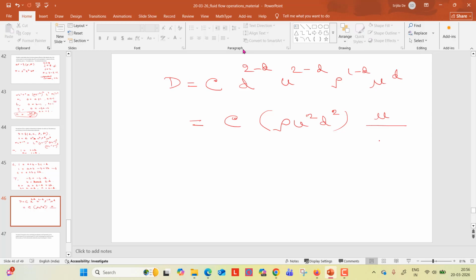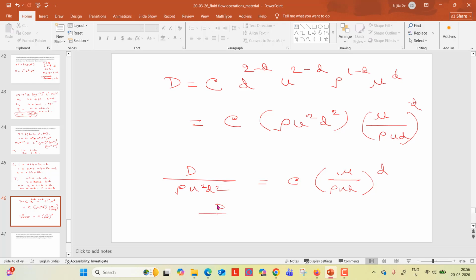All to the power D. So what is it coming? Drag force by rho U square D square equals C or F of mu by rho U D to the power D. So now you can say drag force by rho U square D square equals F of mu by rho U D, which is nothing but the inverse of,